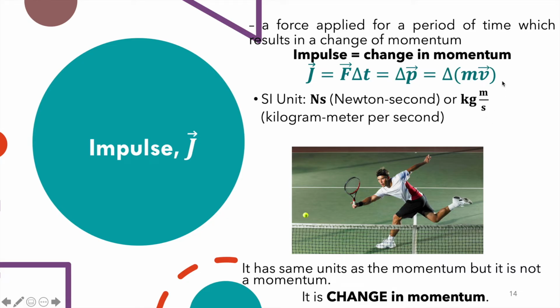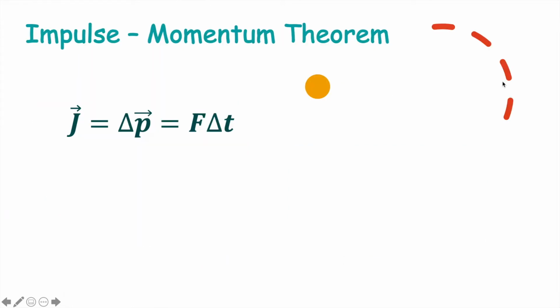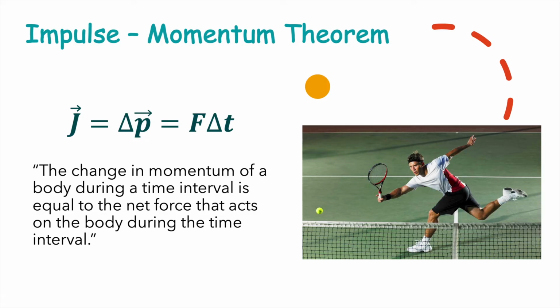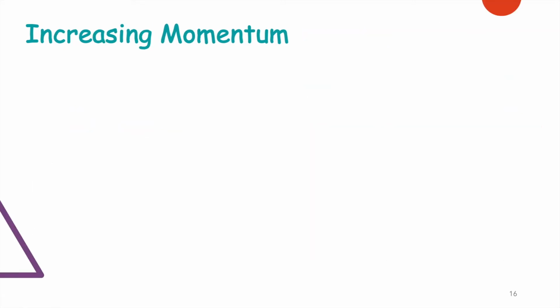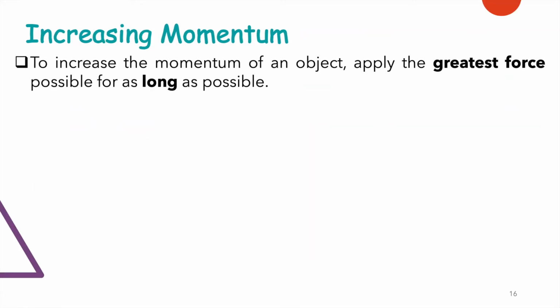This equation here is also what we call the impulse momentum theorem, which states that the change in momentum of a body during a time interval is equal to the net force that acts on the body during the time interval. In order to increase the momentum of an object, we need to apply the greatest force for as long